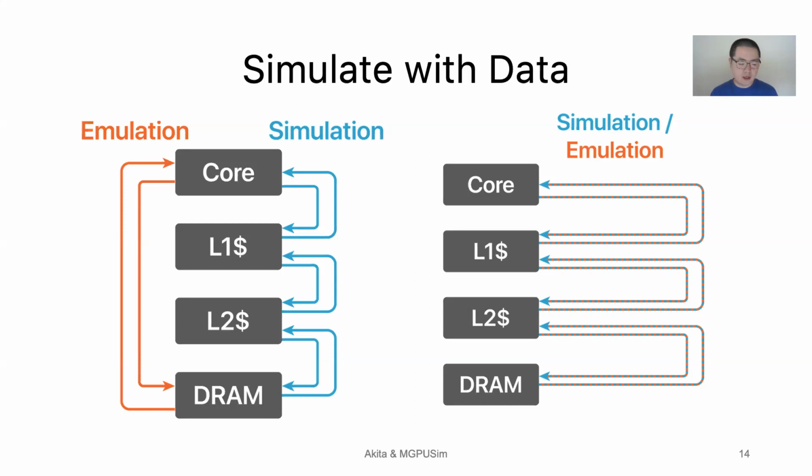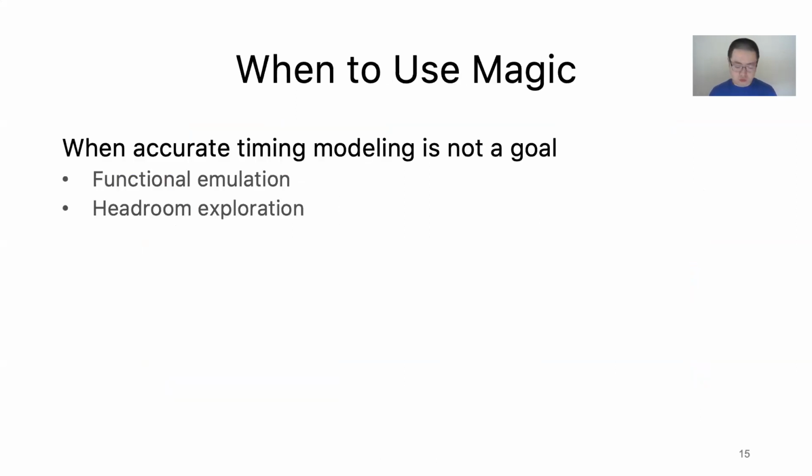So in this design, although it gives us lots of problems debugging L1 cache and L2 cache, at least when we can get a correct emulation result after we run a simulation, we have the confidence that the current running system is at least modeling a feasible system. So we try to avoid using magic in GPU sim, but we cannot fully avoid using magic. And in what case should we use magic?